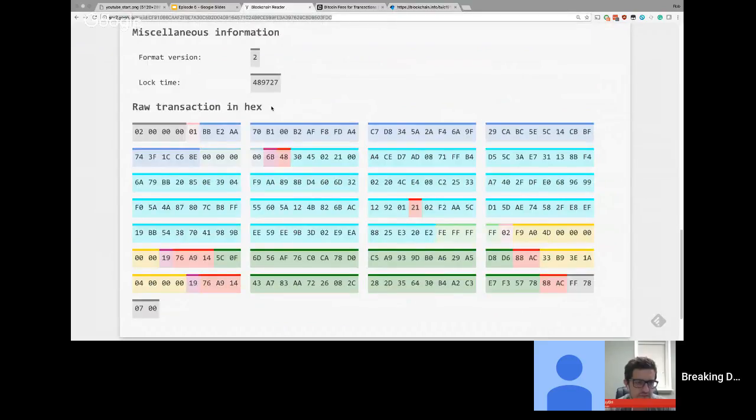So this is the raw hexadecimal, the exact same data that is right here in front of me, and that's the information being sent. It's all in bytes, and bytes can be converted to bits, 1s and 0s, and that's what's broadcast when you send out a transaction. And this is going to help us break it down. Exactly. Each color designates a different purpose or portion of this transaction,